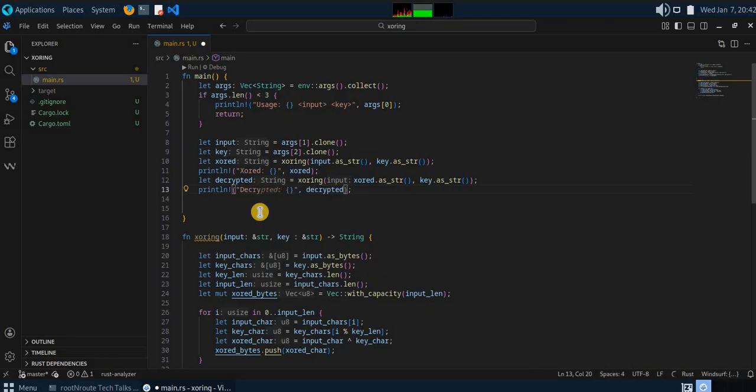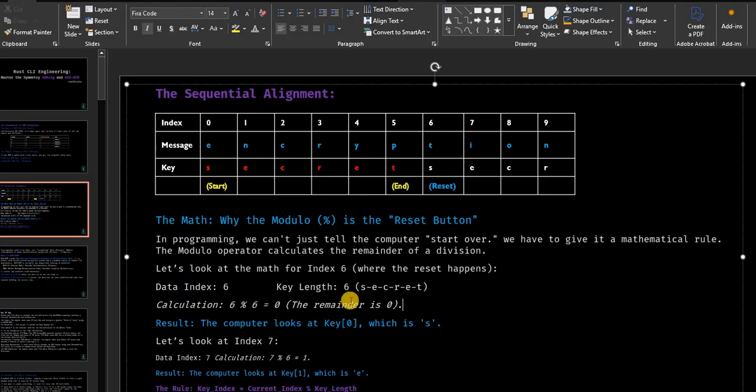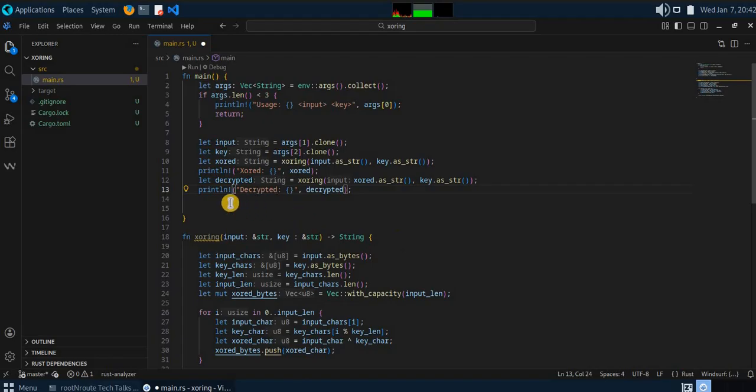So what we are achieving here is this simple. We try to implement this algorithm, and this is the core of the XORing with a multi-byte key, and here we implement it,